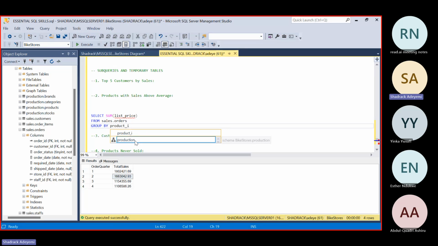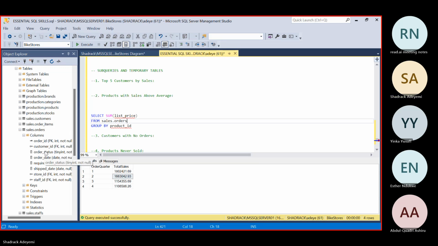Now remember, product ID is not sitting in, how do I place this? First of all, let's check the sales order table. If you look at the sales order table, product ID is not information that is sitting idly there, but because of the end goal, which is to get the list price by the product ID, we might have to specify this.